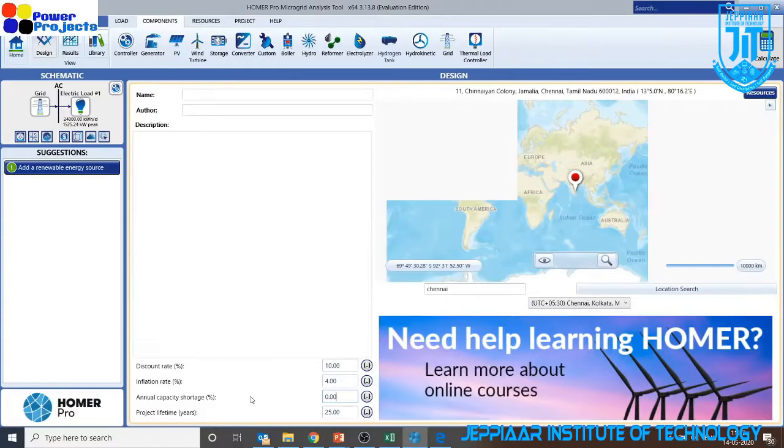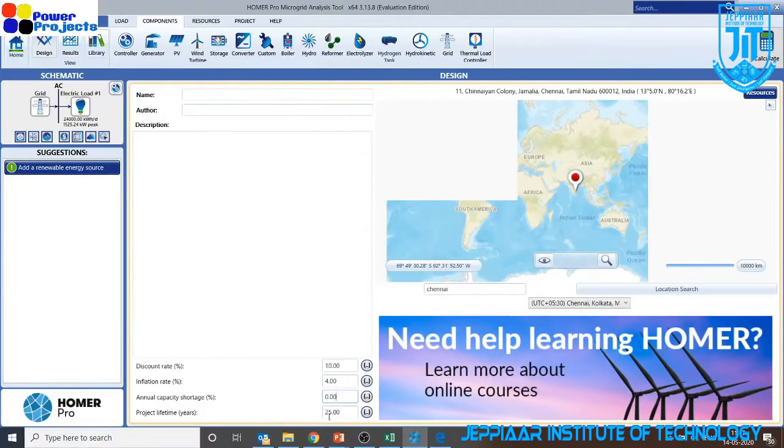It describes the capacity shortage in percentage. This could be a power outage, or it could be an insufficient capacity to meet the demand. Both come under the annual capacity shortage. If you take very critical loads like data centers or hospitals or military camps, this annual capacity shortage has to be zero, because capacity shortage is not acceptable. But if you are designing a microgrid for maybe a remote village, cost is more important. So the annual capacity shortage can be given based on the community or the application.